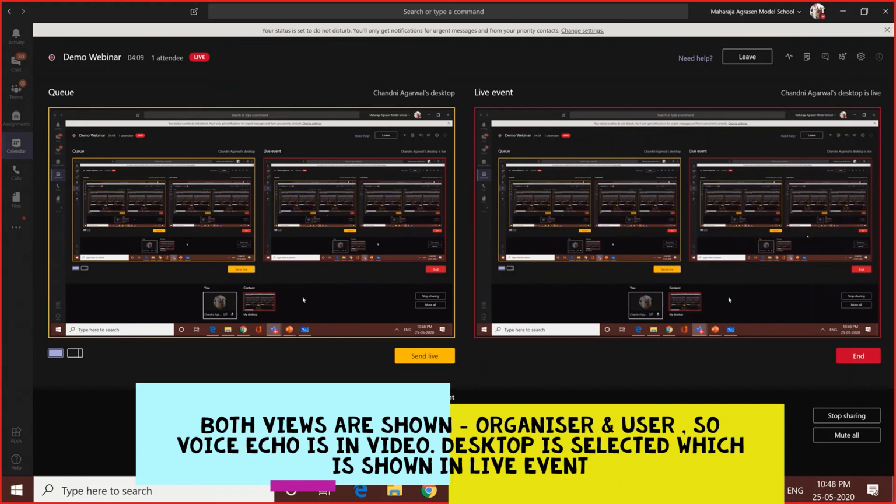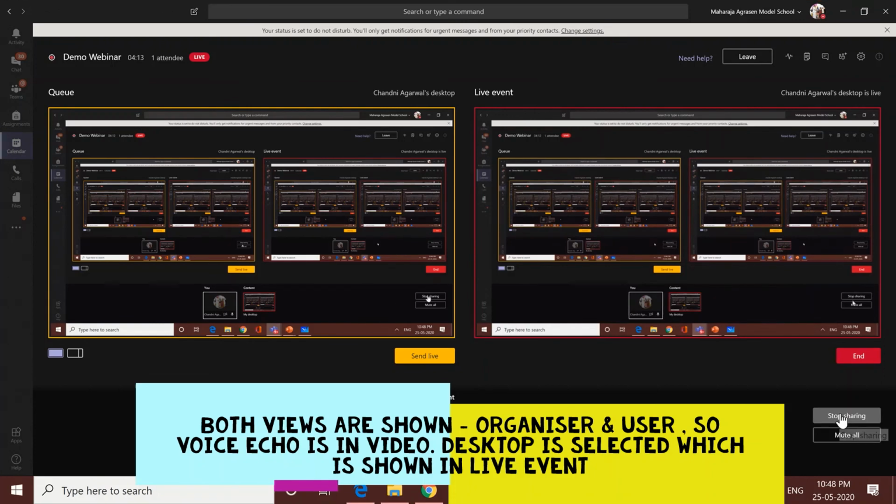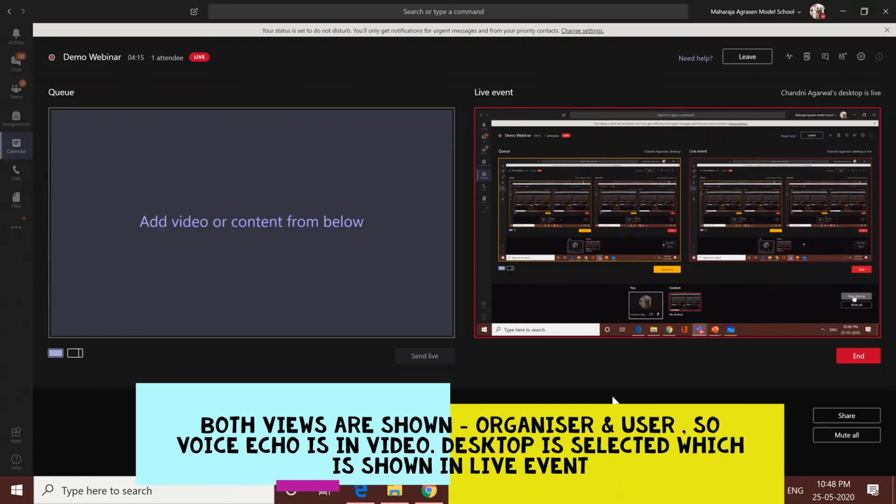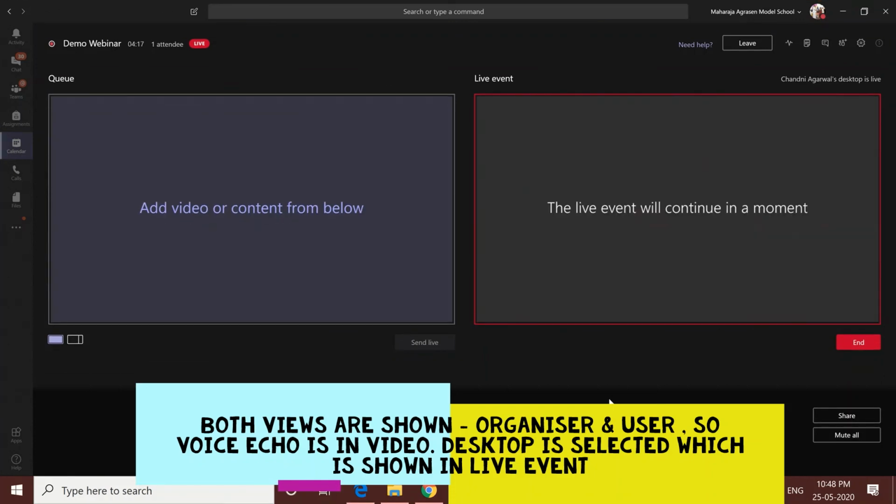So you can stop sharing the screen once you are changing. The live event will continue in a moment. So here you can change your screen. You can change what you want to display on the screen. In this small period of time you can change, and at the audience side you will see this screen.